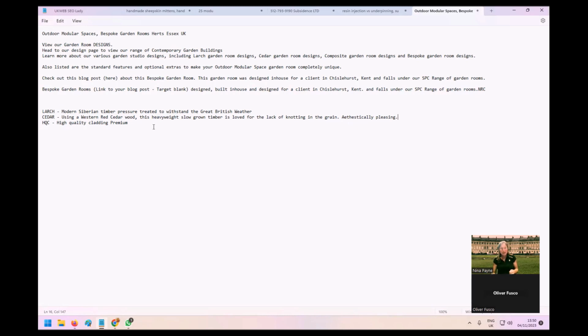Okay, with the high quality cladding, can I paint that over at home if I wanted to? No, it's